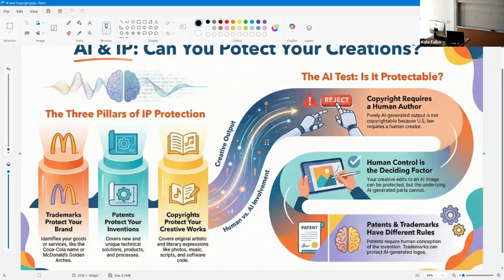So anything that's purely AI generated output is not copyrightable because US law requires a human creator. Now, human control is the deciding factor in arguing for copyright. Your creative edits to an AI image can be protected, but the underlying AI generated parts cannot be copyrighted.